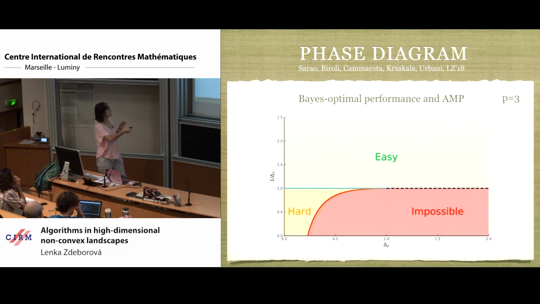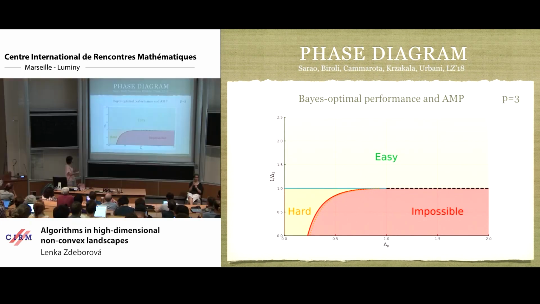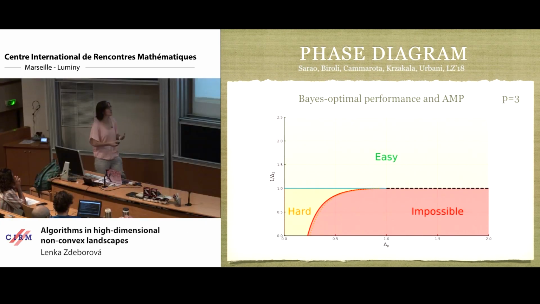When the noise of the matrix is smaller than 1, so if you only had the matrix, that would be the good old BBP phase transition, the one of the spectral method. So above it, even if you only had the matrix, you actually can get some correlation with the ground truth. Here the different colors are telling me whether I can or not get some correlation with the ground truth, with respect to something completely orthogonal to the ground truth. So above, even if I only had the matrix, I can do it. And not surprisingly, the approximate message passing can do it. It can actually get the optimal estimator in that region.